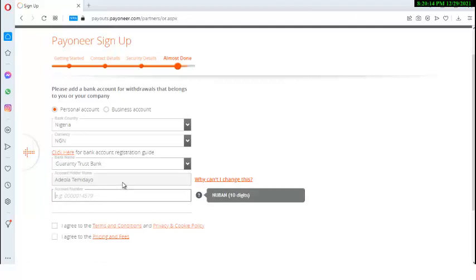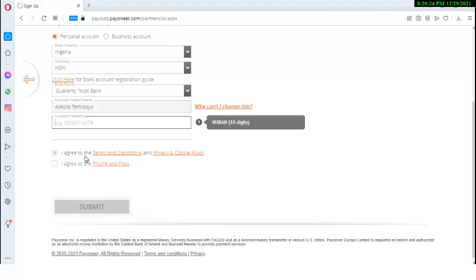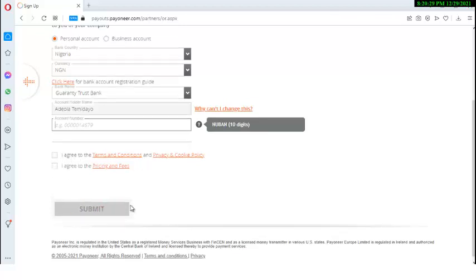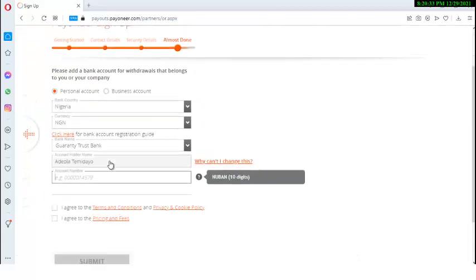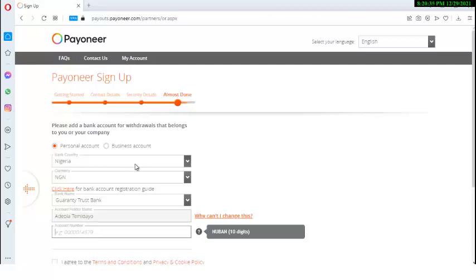Then account holder name, I'll just put my account number. Then I'll put my account number there. Then I agree to the terms and conditions. I agree to this. Then you now click on submit. So it's very simple. So with that now you have been able to set up your Payoneer account, and then